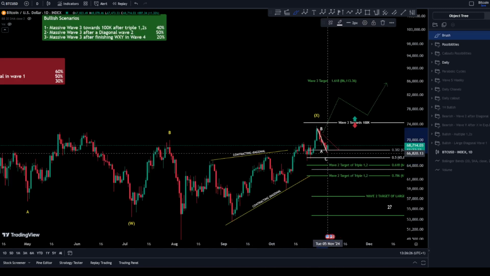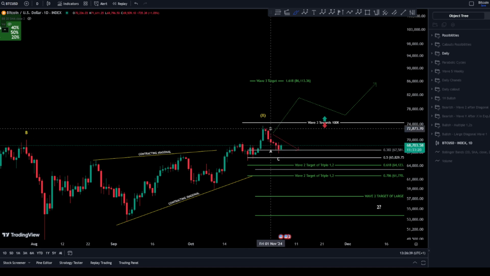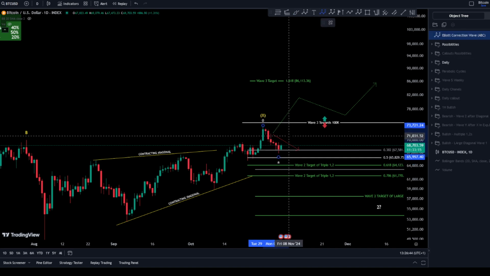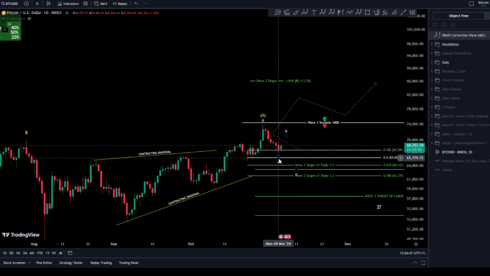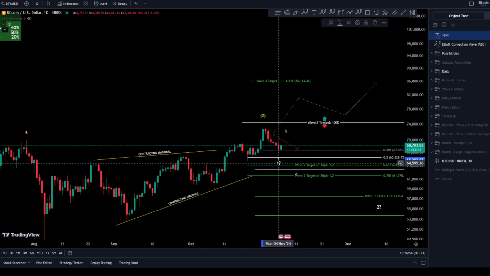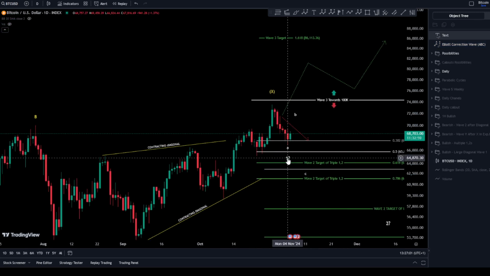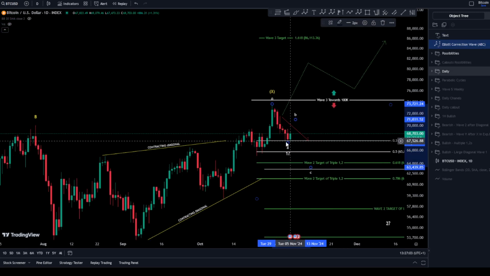Because this can be considered impulse and can be ABC. However, because we saw a corrective channel here, or a corrective pattern, and also a potential of reversal, there is a very low possibility for an ABC, guys. It is a much higher possibility now that we have an A, B, and a C, or a wave 1. In case we are wave 1, of course we are looking for a bearish scenario, a long-term bearish scenario. If we are a wave A, then you are looking for A, B, and a C.